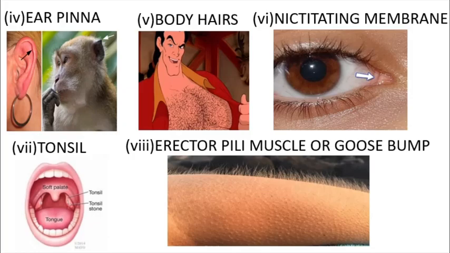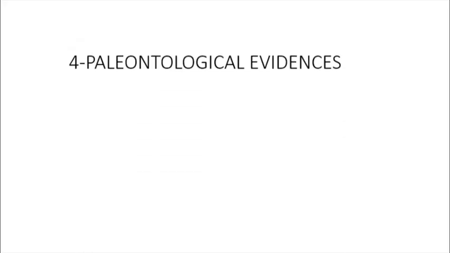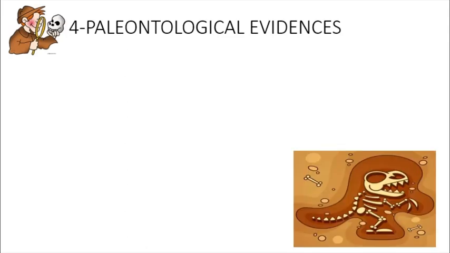The next evidence in evolution is paleontological evidence. Now children, one question may have arisen in your mind: we say that a particular organism was present so many million years ago. For example, I'll say that dinosaurs were present so many million years ago, but now they are extinct, and in this year they went extinct. A recent example I'll give is Archaeopteryx: it was present in a particular period million years ago, but now it is not present, it got extinct. So how do we actually come to know when this organism existed and when it got extinct?